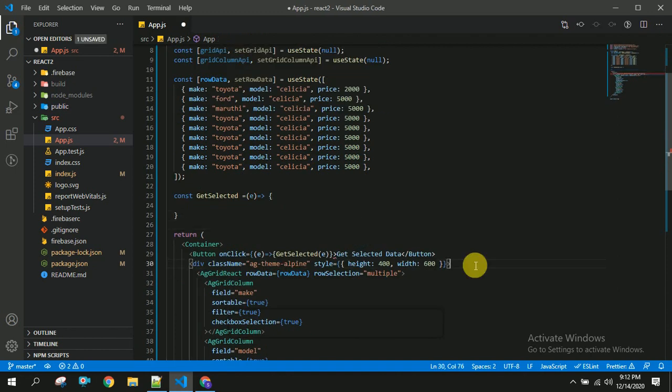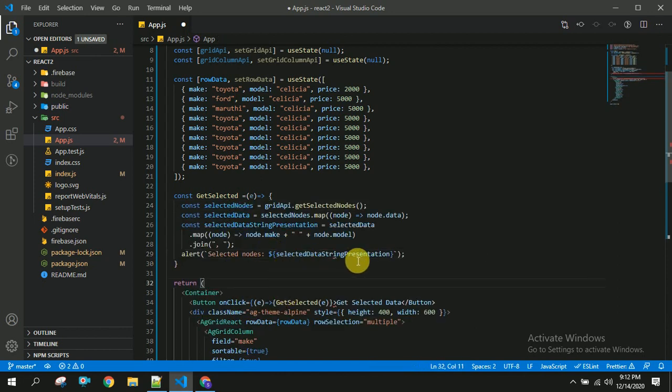I already have this code, so I am going to copy paste this here. Once the user selects, I am going to show the alert. Basically it will select the nodes the user has selected, and we can get that by using this selected data string presentation. So let us see in the browser whether it's working or not.